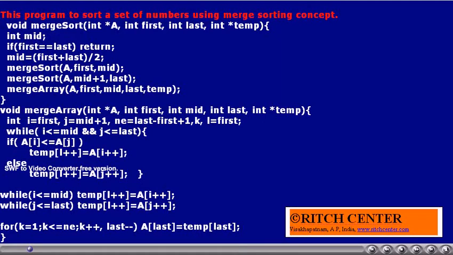So this we normally call a scratch array. We assume that this is also sent from the main program. Of course, the same thing can be created in the merge sort function or merge function also, not a problem.